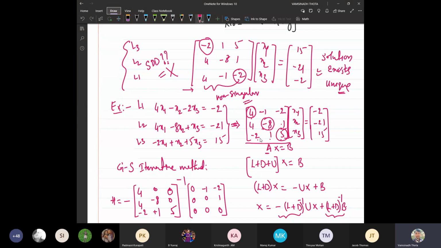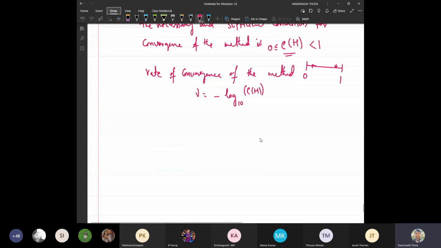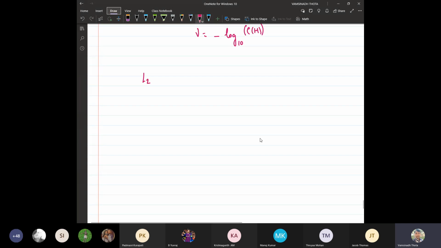Suppose the same problem is given with this rearrangement: L3, L1, L2. Solve a system of linear equations L3, L1, L2. Then obviously, even in this case, if you initiate the process following the same order, the solution will definitely exist, because after all we have just interchanged and rearranged the equations, so the solution will definitely be there.